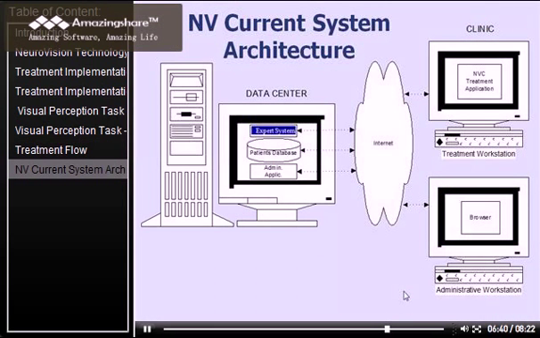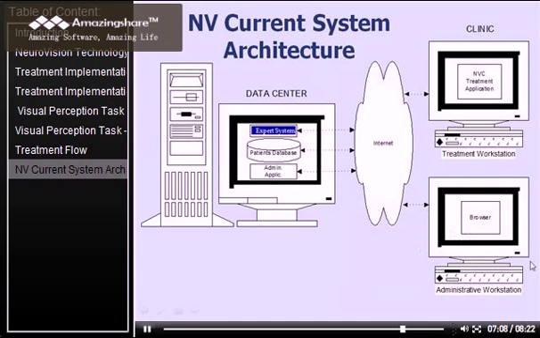In a more technical layer, just to go briefly over that, we have a data center which is hosted at a well-controlled facility which stores the patient database of all the patients that we have worldwide. It contains the expert system that runs the algorithms, and also the admin application that runs all the data entry for all the specific patients. Over the internet from the clinic, actually,